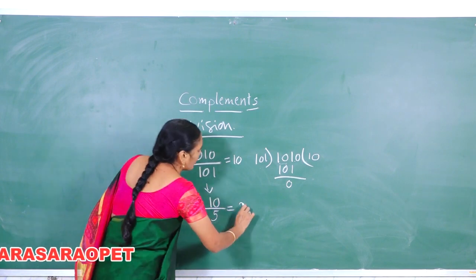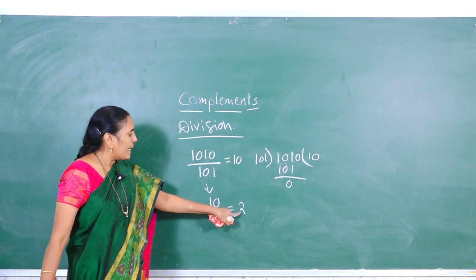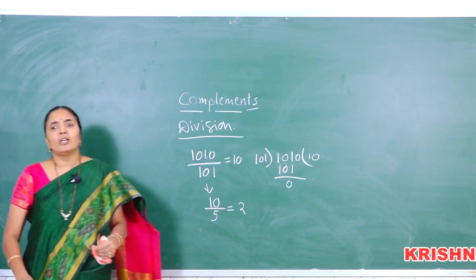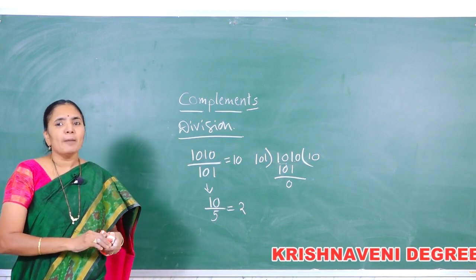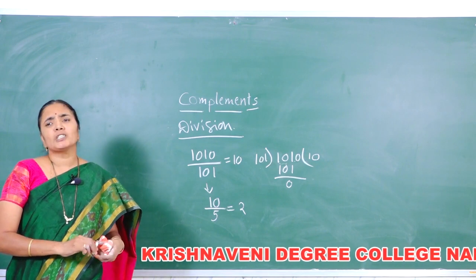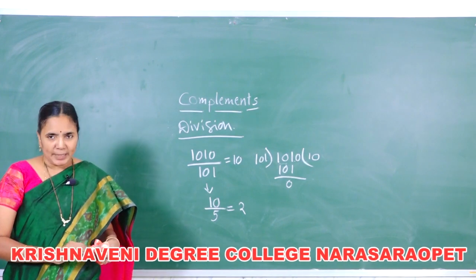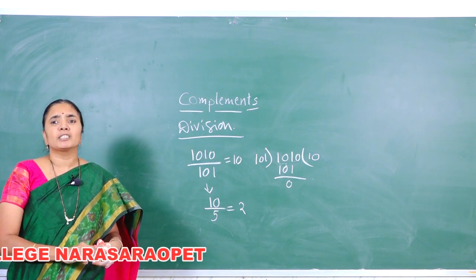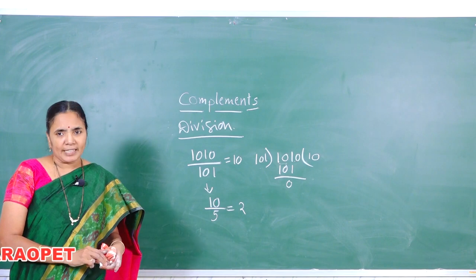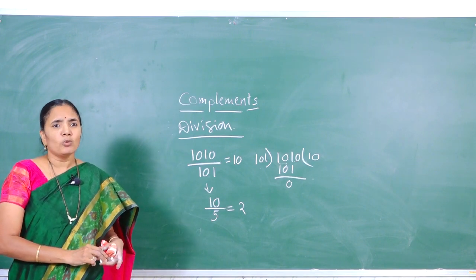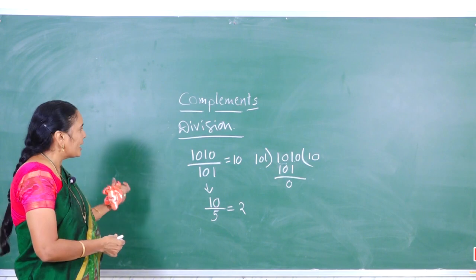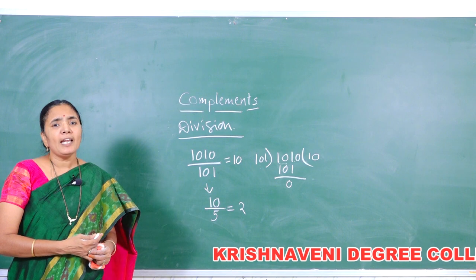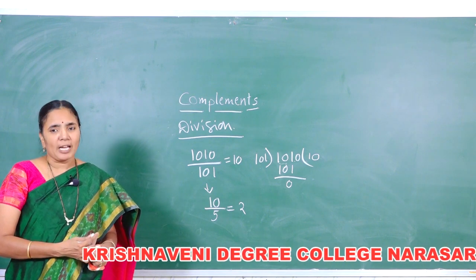10 divided by 5 is 2. The binary equivalent of 2 is 10. This is the process of doing the arithmetic operation in the binary number system. The similar process also continues in the other bases. But we have said that octal and hexadecimal numbers are used to represent memory addresses. So, there is no need to discuss them, but if you are interested, you can do the arithmetic operations on octal and hexadecimal numbers in the similar fashion.